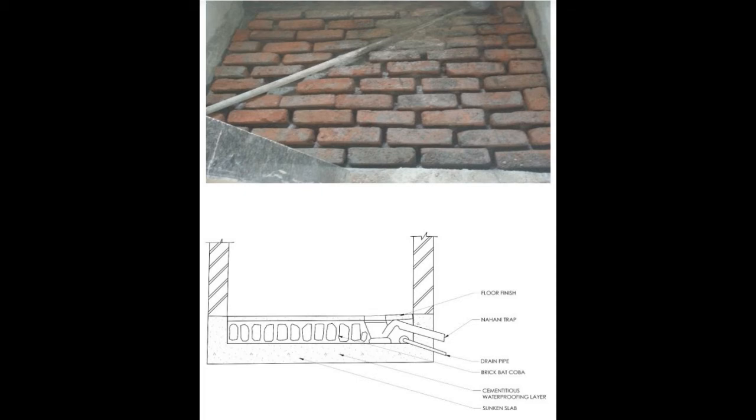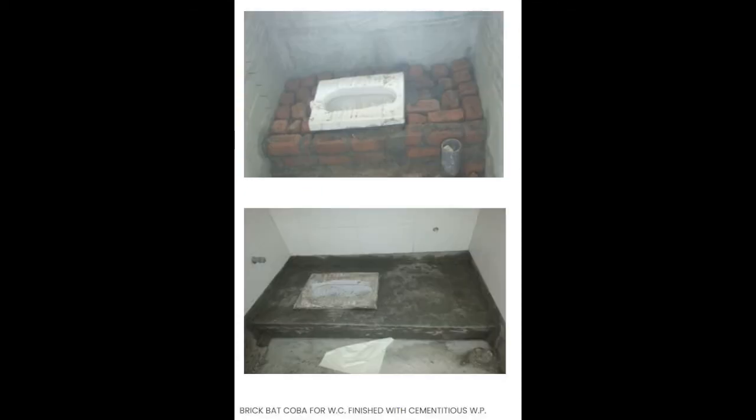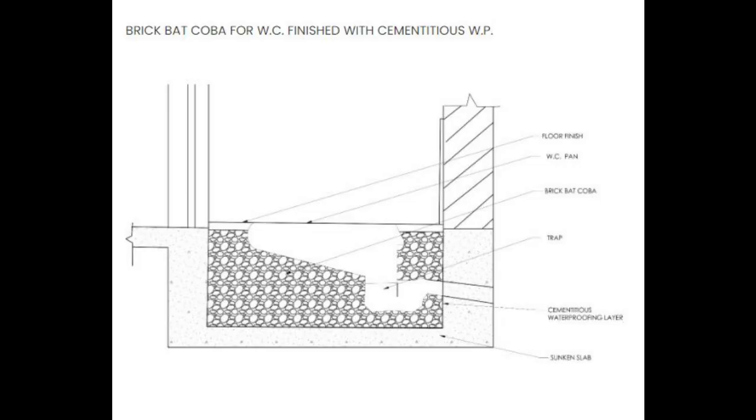Now if we see further, as compared to bathrooms, the WCs are supposed to be more critical, as there is a separate element of the fixture that is going to come and get placed inside, and it will have more of a depth, right? The WC pot has a lot of depth. So again here, the first basic surface has to be cleaned, and the waterproofing coating that can be applied here